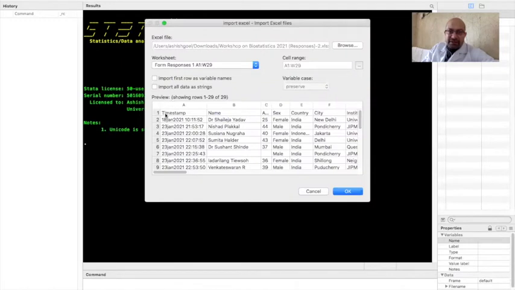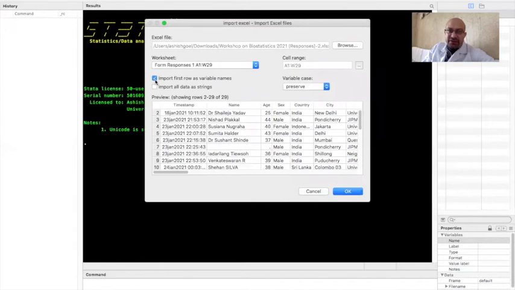Now, I know that in my data set, as most of us do, it's a general trend to record the first row in the Excel sheet as the name of the variable. Since my Excel sheet is set up like that, and my first row is the name of the variable, I will tell Stata in this checkbox here that it needs to import the first row as variable names. As soon as I do that, Stata recognizes that the first row in the Excel sheet is just a variable name.